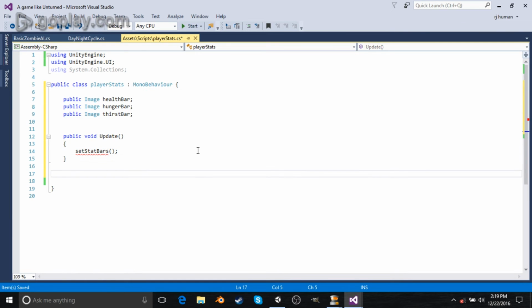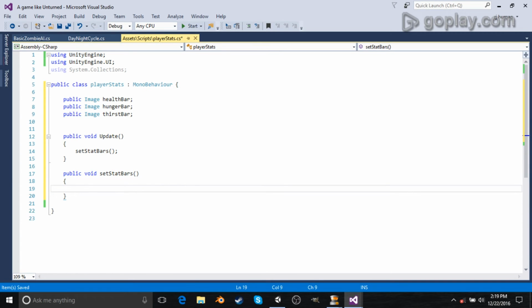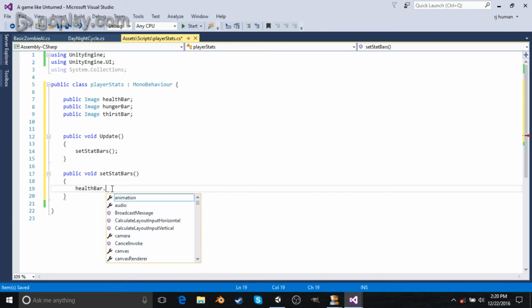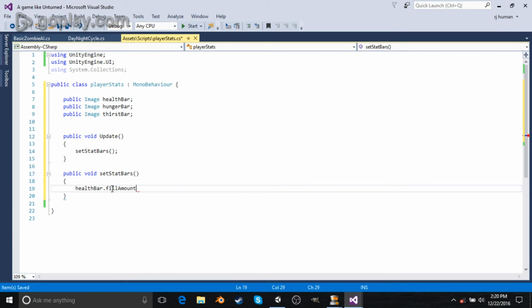And then I'm going to create a public void SetStatBars. Alright. And then in that, I am going to do healthBar.fillAmount is equal to health, or